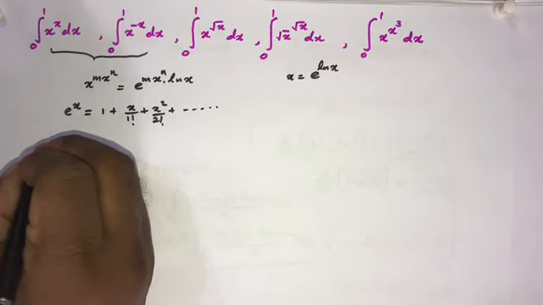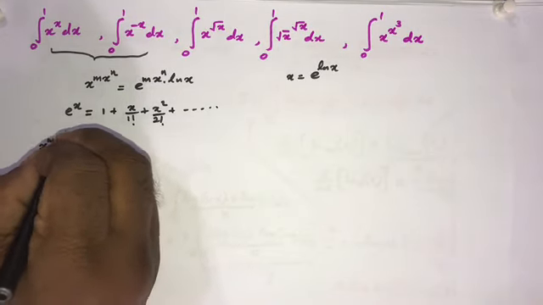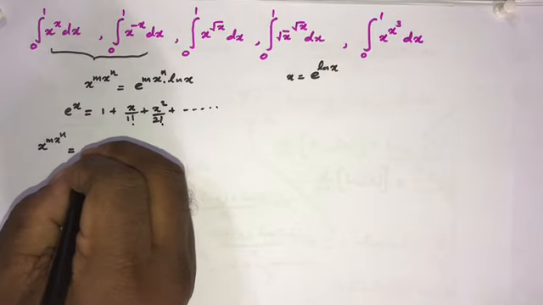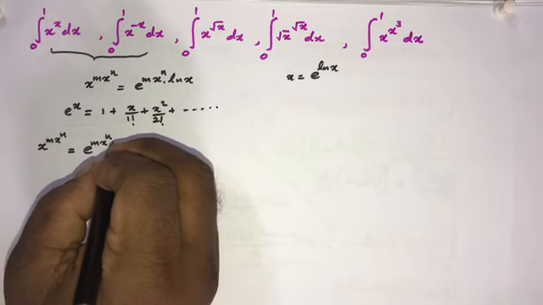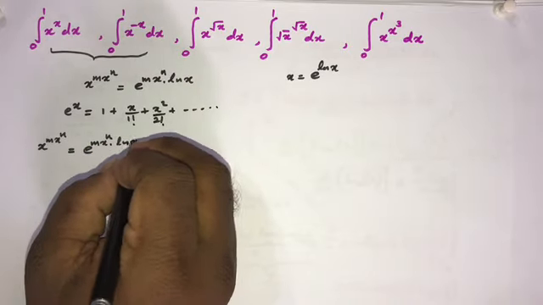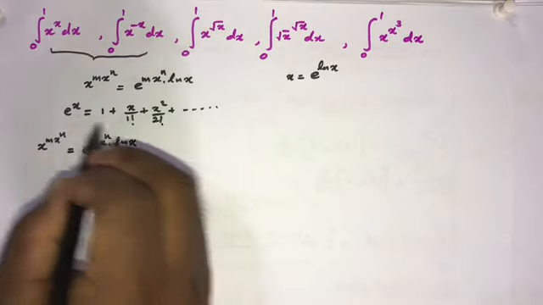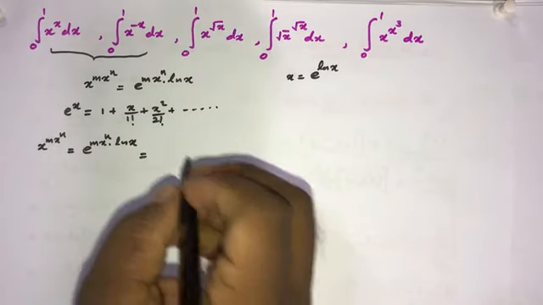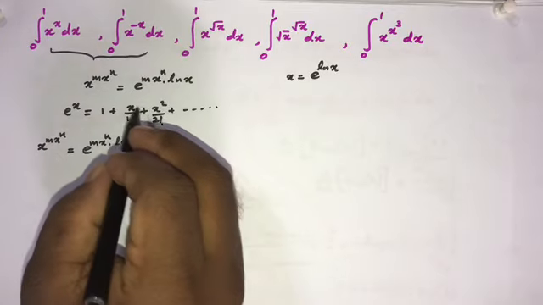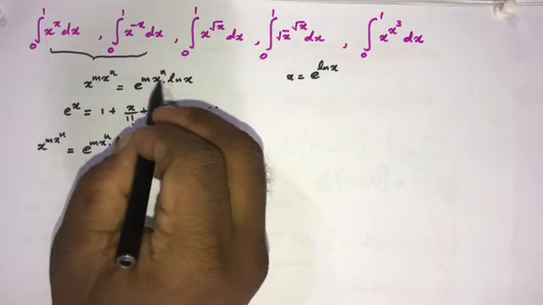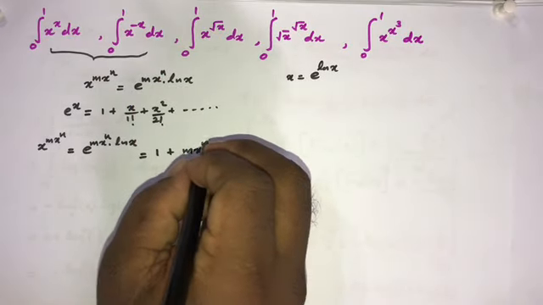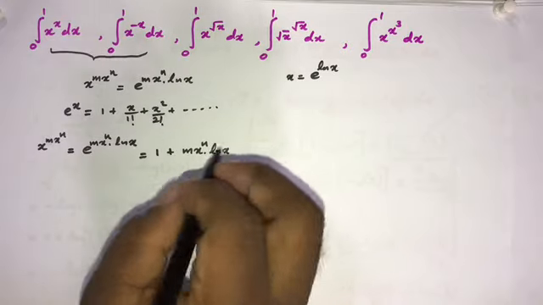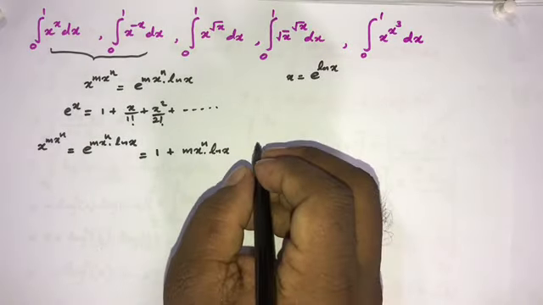Therefore we can write x raised to the m x raised to the n is equal to e to the m x raised to the n times natural log of x, which is equal to 1 plus, now instead of x we plug in m x to the n times natural log of x. So here m x to the n natural log of x over 1 factorial,